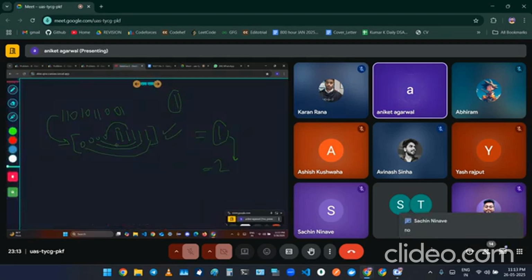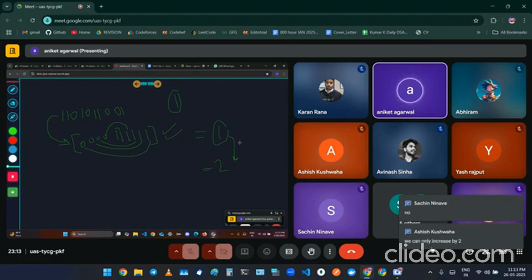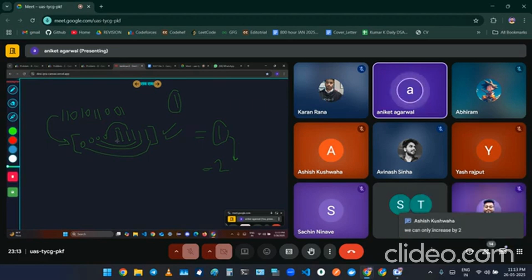Guys, if you cannot increase the number of good pairs by 1, it is not possible. See why. This is the minimum number of good pairs that we can achieve. If you sort the string, there will be all the zeros on one side and all the ones on the other side. So this particular sorted string will give you the maximum amount of unmatching, because